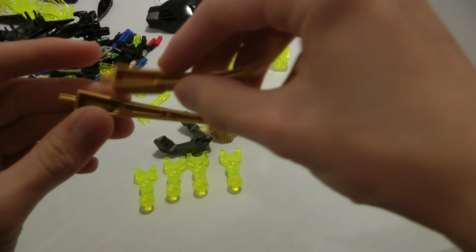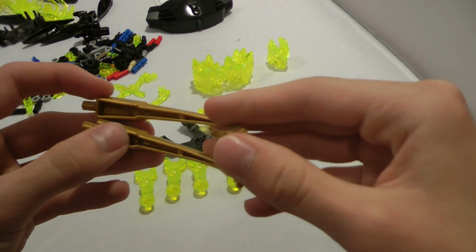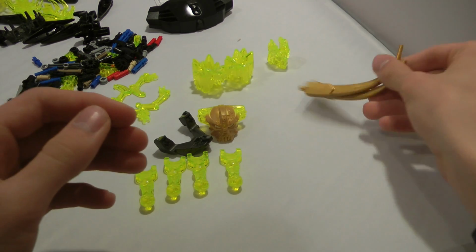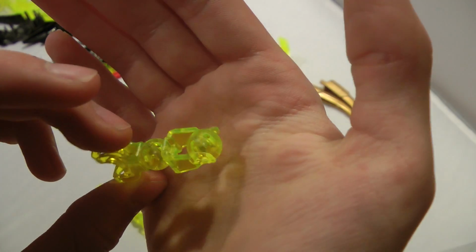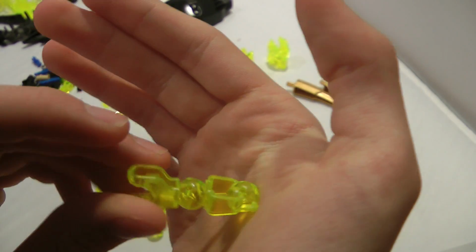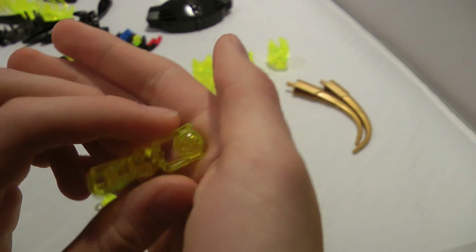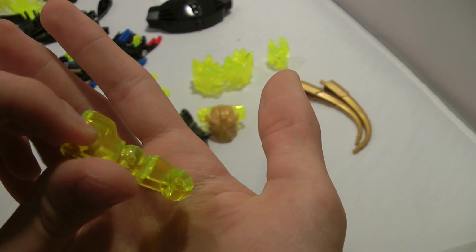And we have 2 gold Ben 10 tail things from like 2010. I don't know if these are recolored, but they're gold, so I guess, yeah. And then we get 4 of these recolored enclosed ball joint bone pieces in trans neon yellowish green. If you guys are going to say that this is not a new piece, I get where you're coming from, but this one has the enclosed ball joint area and the other ones did not, so this is technically a